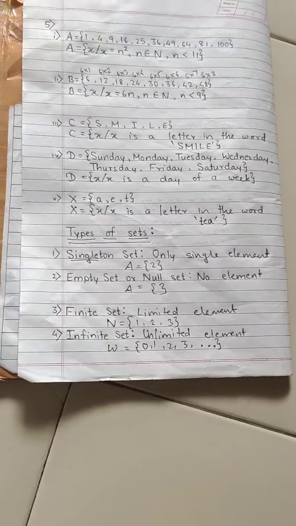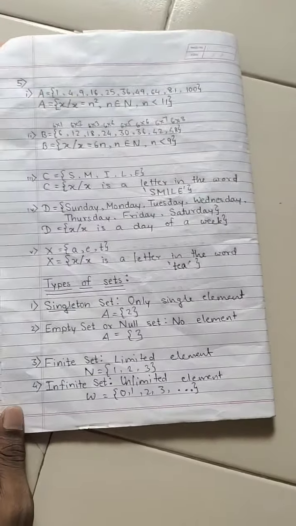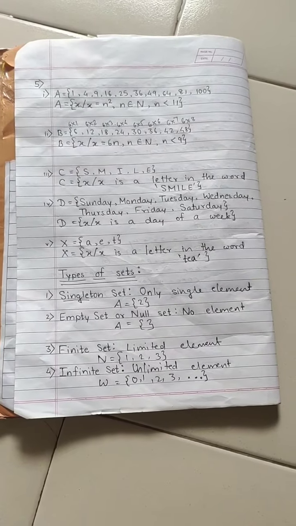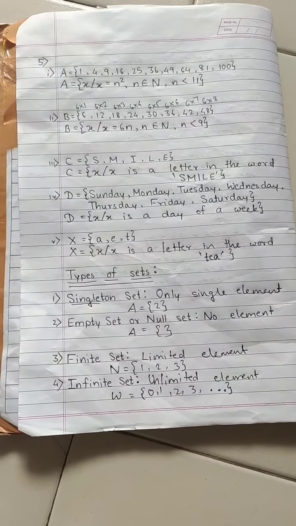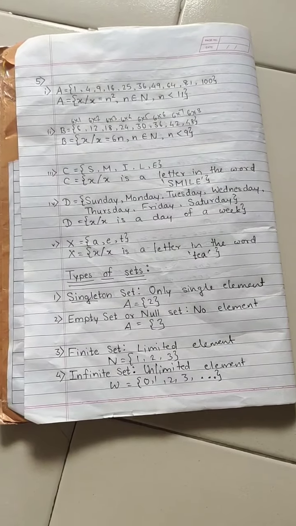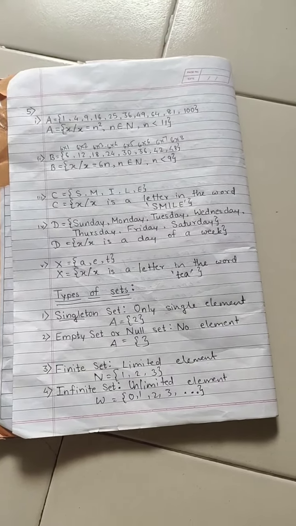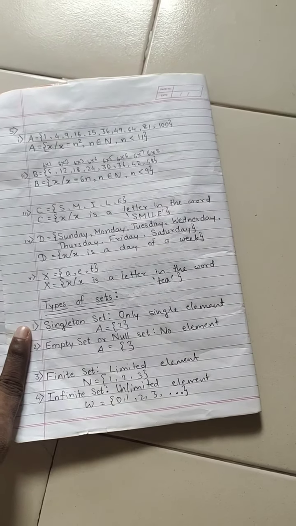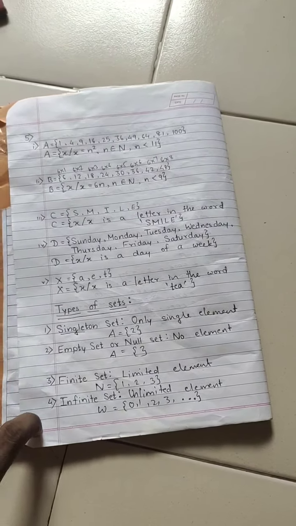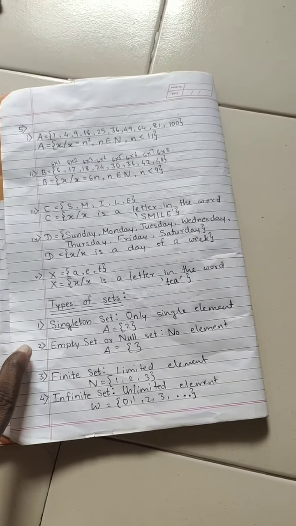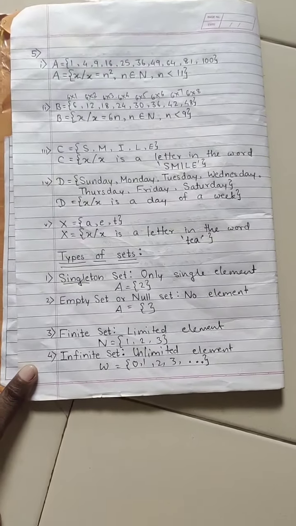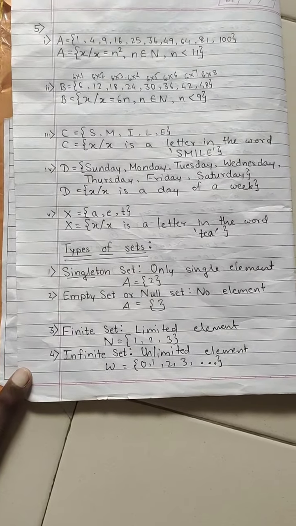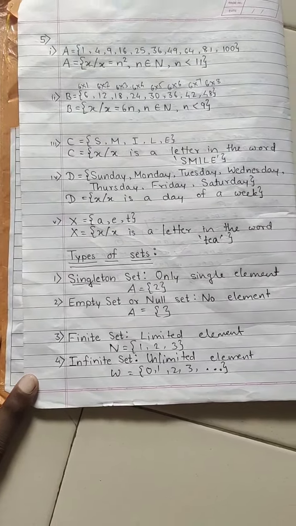Okay, so in this lecture you have seen 4 types of sets and you have completed exercise 1.1. I hope you all have understood this. Now if you have textbook, you can see types of set is written in the form of box or table. You must go through that table, and examples are also there. So refer to the textbook so that you can understand types of sets with examples.